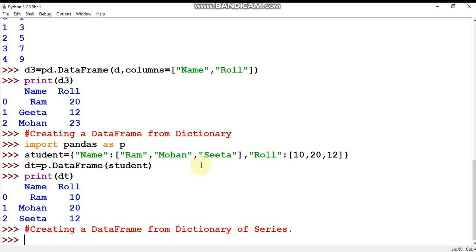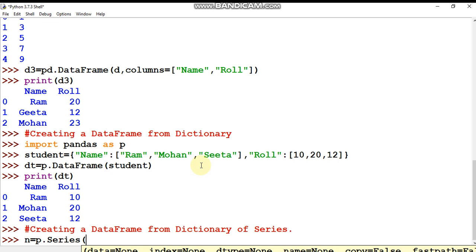Suppose I take a variable, and here I create p dot Series. We have all studied how to create it. Here we are going to pass names: Ram, Mohan, Geeta. These are the names we have taken.